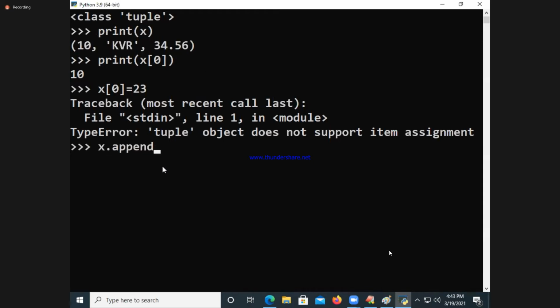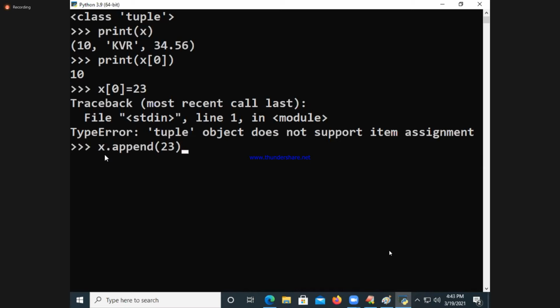Now you try to append also, guys. Append is a function available where? List, which is not there in where? X. Why? It is called what? Immutable. Just remember one important point. What are all the functions that update the values of a list which are not there in where? Tuple. Why? It never allows modification.